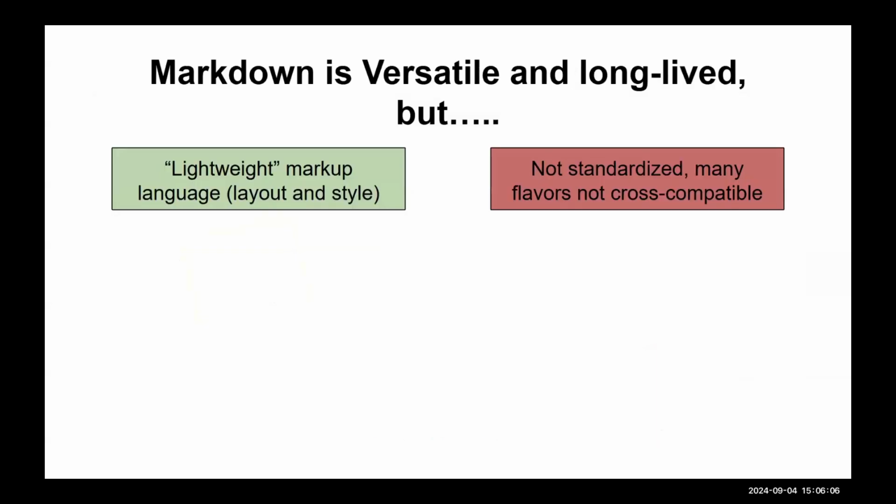So, Markdown has its pros and cons. It's long-lived. It's been around for 20 years. It's versatile. So it's a lightweight markup language. And this is the kind of thing you're going to do in projects. You're going to make these pro and con lists about any tool that you use. So when I introduce a tool, I'm not really advocating. Sometimes I'll mention the pros and cons. But really, if you make a choice on a project, there'll always be pros and cons. You might have something that's really a positive thing and something that might be a negative.